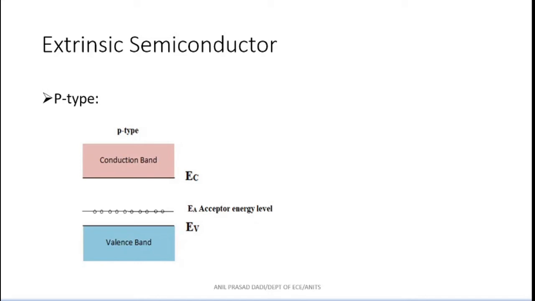You know that when atoms are very close to each other, the energy levels are going to split into energy states. Yes or no? Each of the energy of the electron is not the same, and it is going to split into energy levels. That is what we have seen when atoms are brought very close to each other. But here I am saying that all the holes have the same energy. Only one energy level is shown, and all are represented on the same energy level. That means all the particles have the same energy.